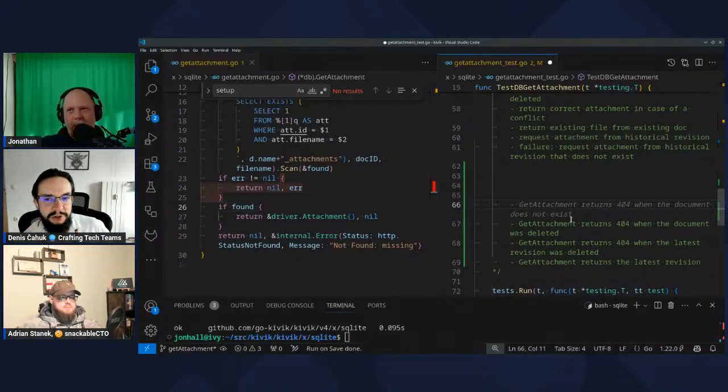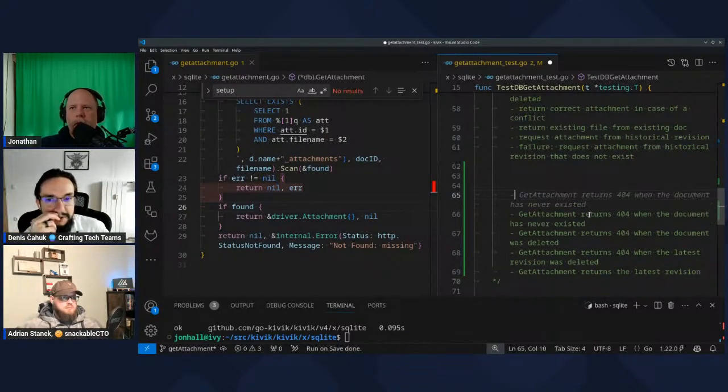So get attachment returns 404 when... what else did we miss? When the document never existed. It returns 404 when the attachment has never existed, right? The document does exist.